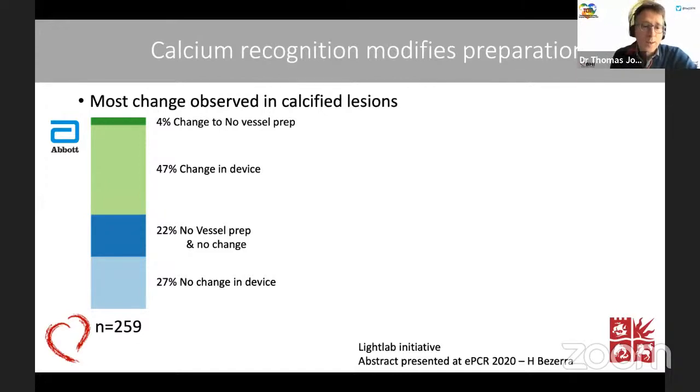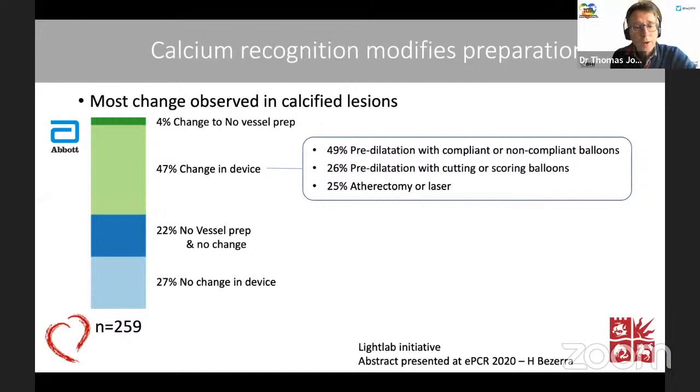We see that in about half of the cohort of just over 250 patients, there was a change in device. In part, that reflects American practice, an interesting observation, where a very significant proportion of patients were going to receive a direct stent with no adaptation of vessel or assessment of lesion prior to implantation. Half of the half that changed strategy were just going to get a compliant or non-compliant balloon to palpate the lesion. And then we see a stepwise increment in complex modification with cutting or scoring or